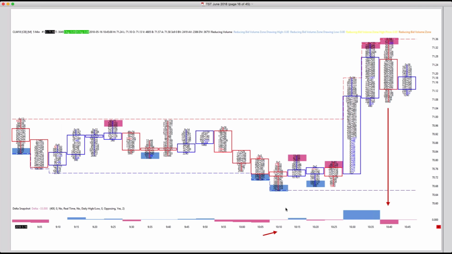Delta, very simply, is the difference in the volume that was traded at the ask minus the volume that was traded at the bid. In other words, how much buying less how much selling. If we have positive delta, buying minus selling is positive, we had more buying than selling. If we have negative delta, so buying minus selling is less than 0, by extension, we had more selling than buying. Now, we evaluate delta in different ways, but if we look at the two exhaustion bars towards the right